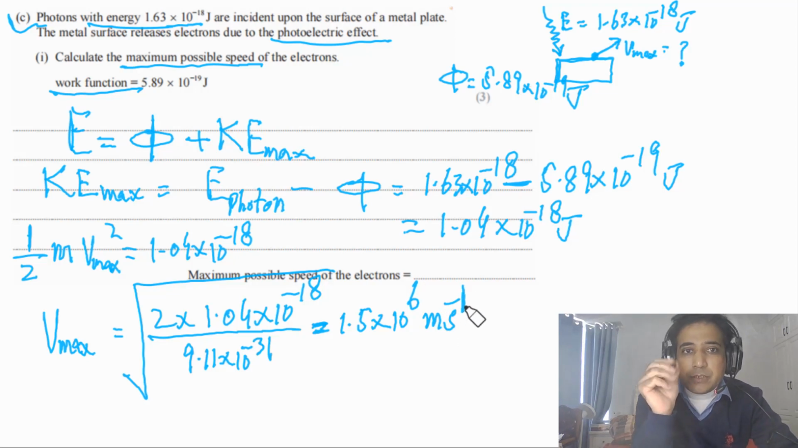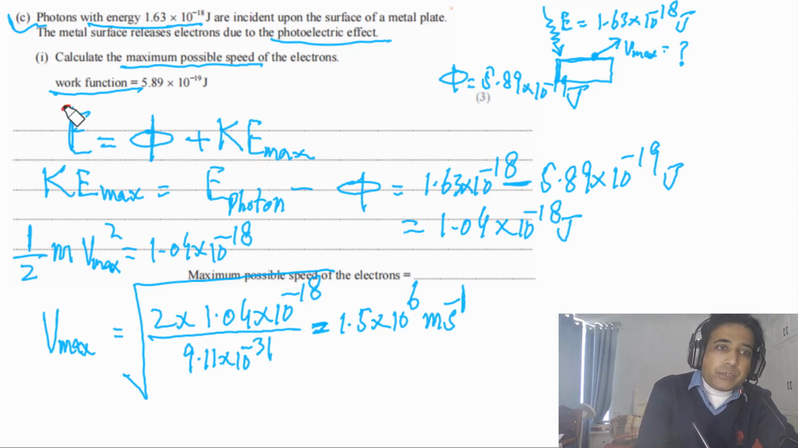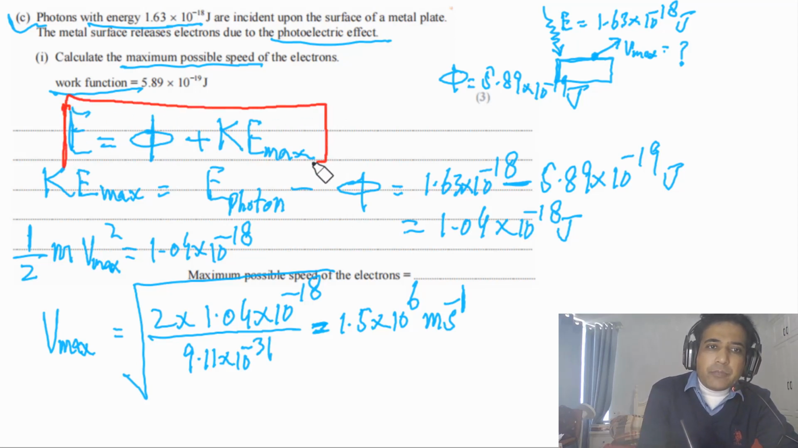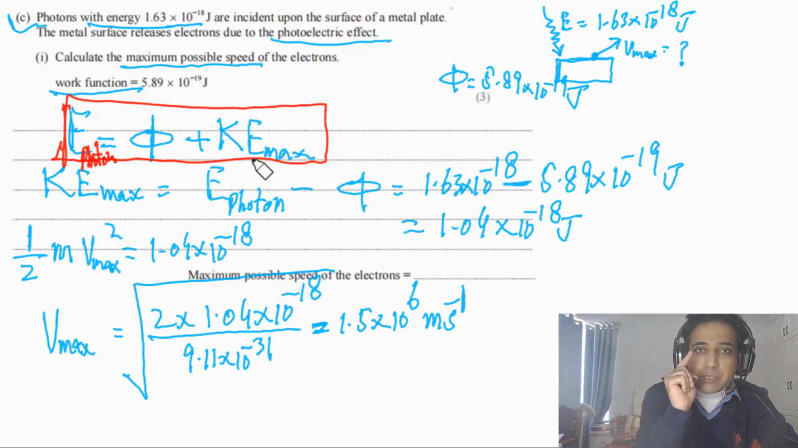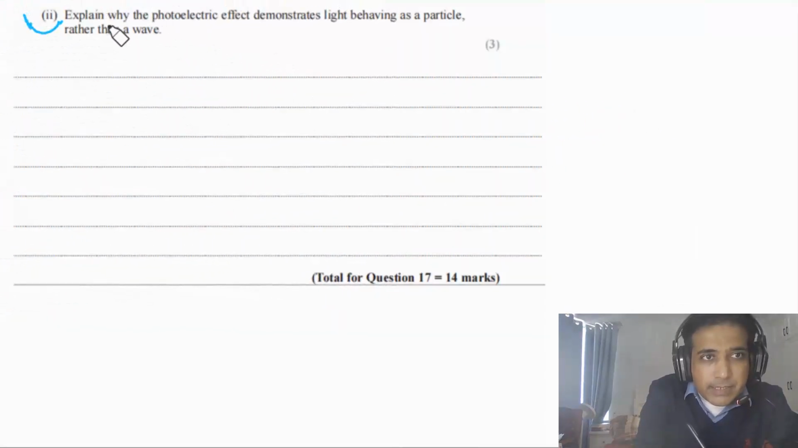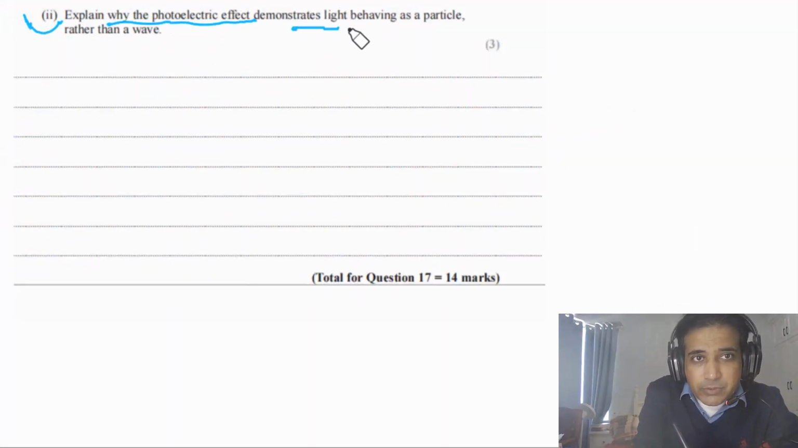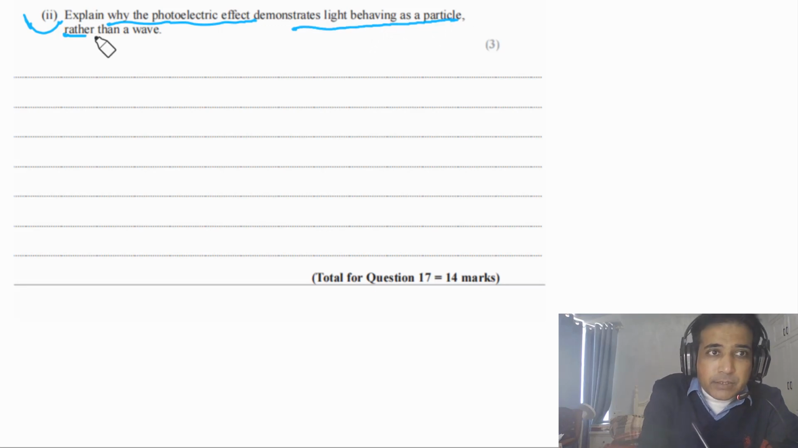So this is our answer, and this is how you can approach this type of problems. And this is a typical question about photoelectric effect. So this equation is very important. You need to understand this is energy of photon, this one is work function, and this is maximum kinetic energy of emitted photoelectron. Second part says explain why the photoelectric effect demonstrates light behaving as a particle rather than a